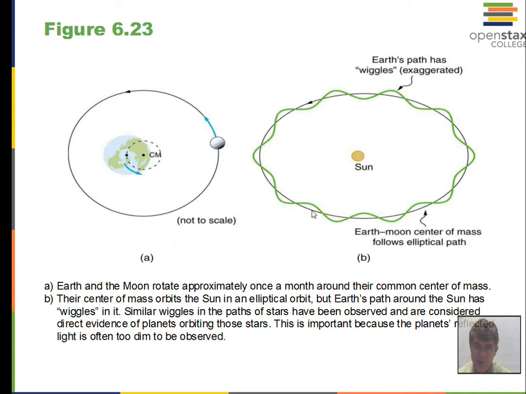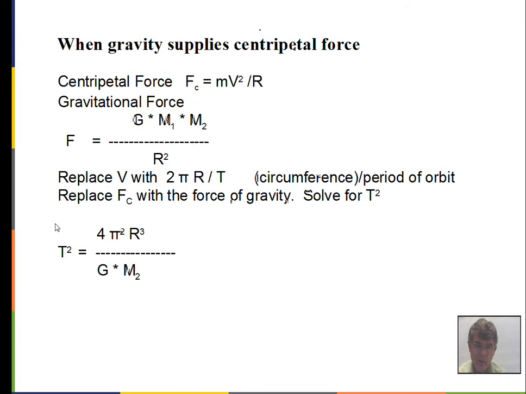This is not to scale. This wiggle is a lot bigger than actually takes place. The Moon, however, does significantly go back and forth across this center of mass path. Of course, that happens because the Moon has less mass than the Earth, so it gets accelerated more than the Earth. Maybe going back just a little bit here too,